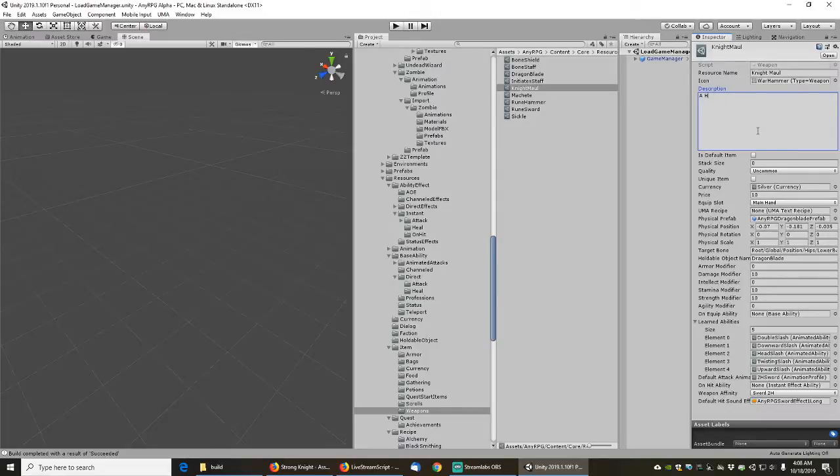Why don't we just call it like a heavy two-handed maul belonging to a strong knight. And the quality will be rare. We'll just sell it for 1 silver to begin with. The equip slot is the main hand, and